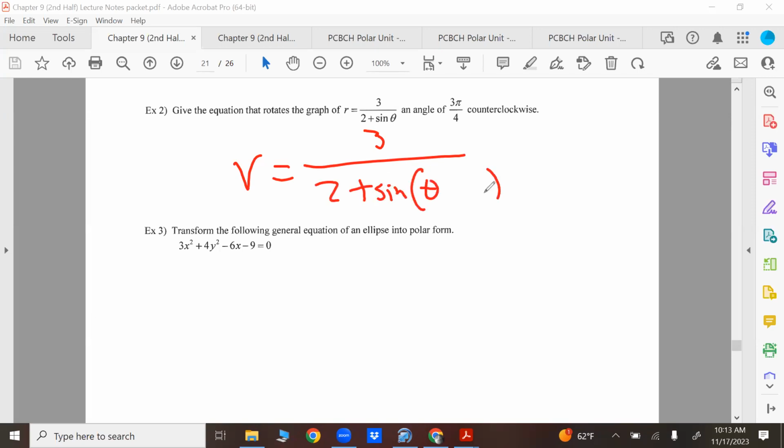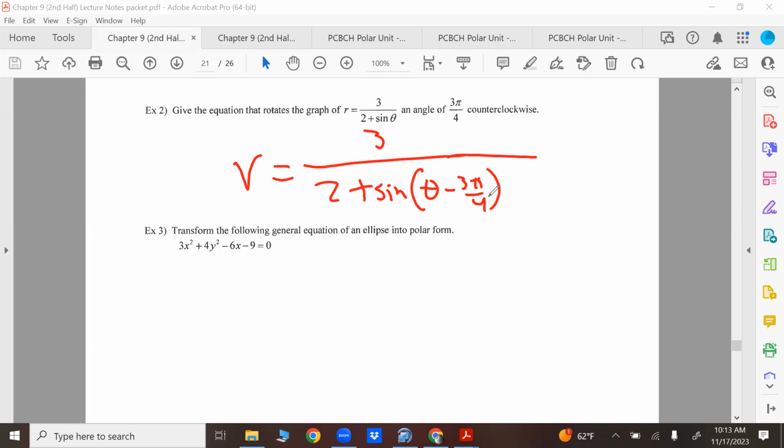So θ, and what would I put next to θ? There you go. That's it. That's all you gotta do. Easy peasy. Yep. Wait, why is it? Because remember, we're going counterclockwise in the positive direction. Right. Yeah. So in order to